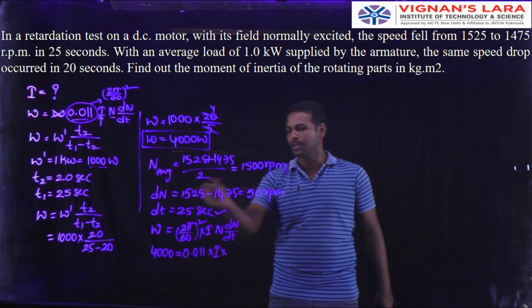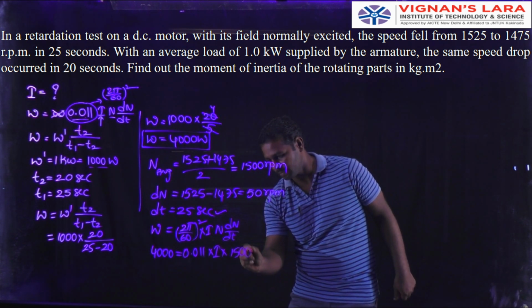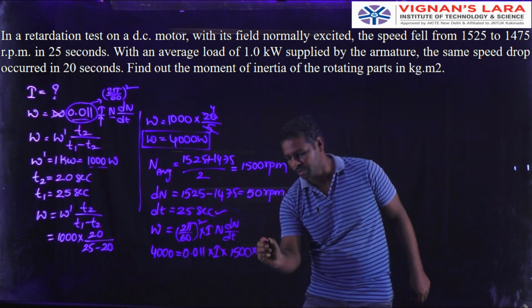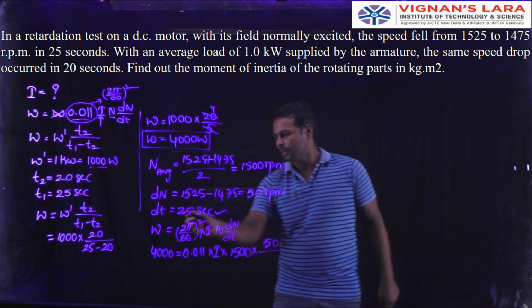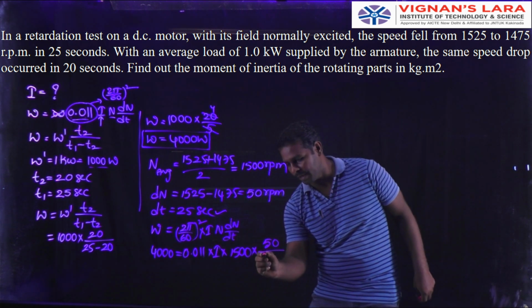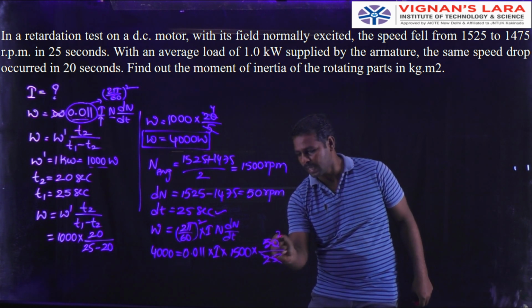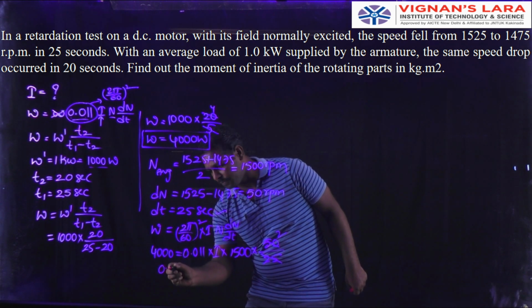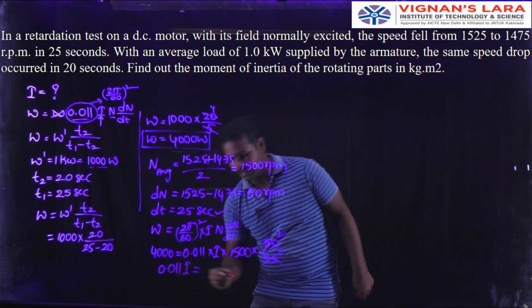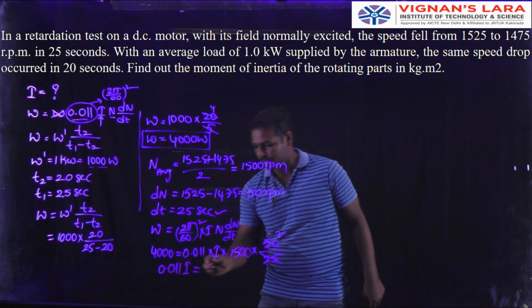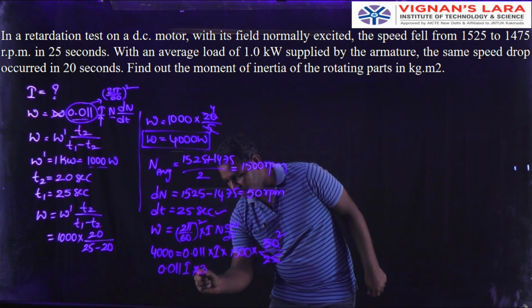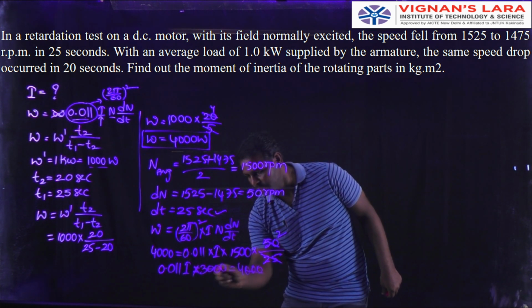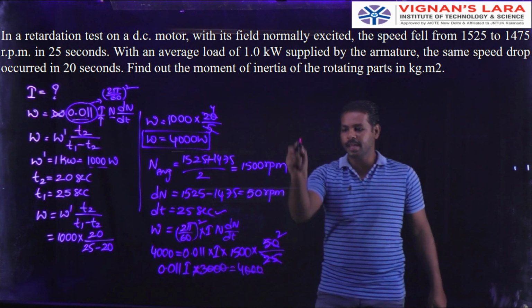N average, which is 1500, multiplied with dN, the difference between the two speeds, which is 50, divided by dt, which is 25. So these two get cancelled, which gives 3000. So 0.011 into I into 3000 is equal to 4000. These three zeros are cancelled. So finally I is equal to